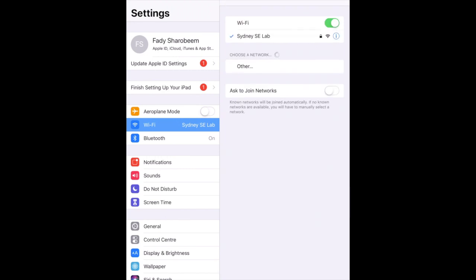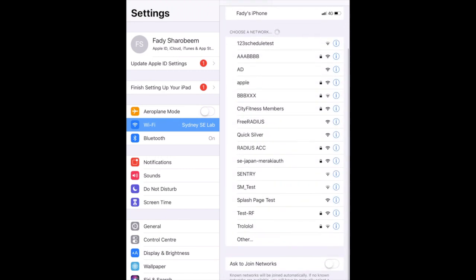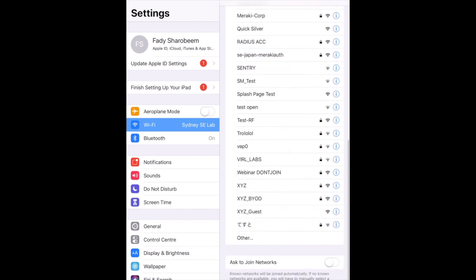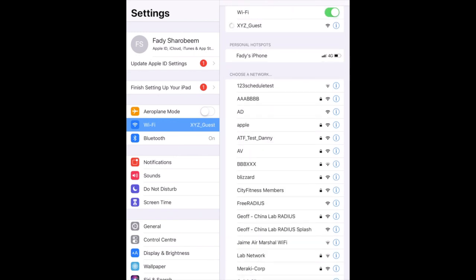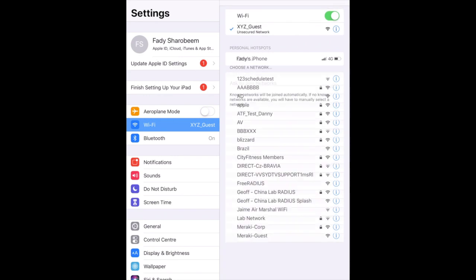So the first thing I want to show is what would be the user experience or the guest experience when they try to connect to the network. Here I should actually see all the SSIDs that we just configured. So you can see here I have XYZ for my guest. What will happen after I get this SSID connected? I should see the splash page that we created